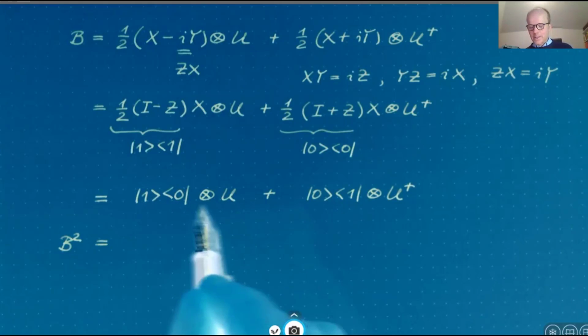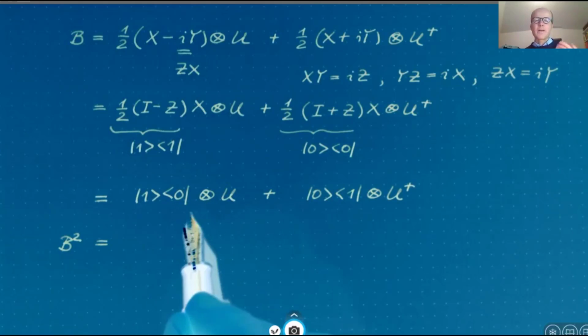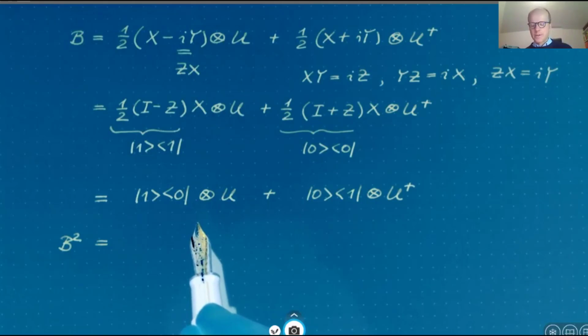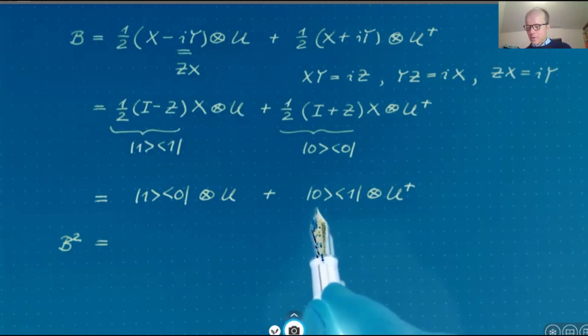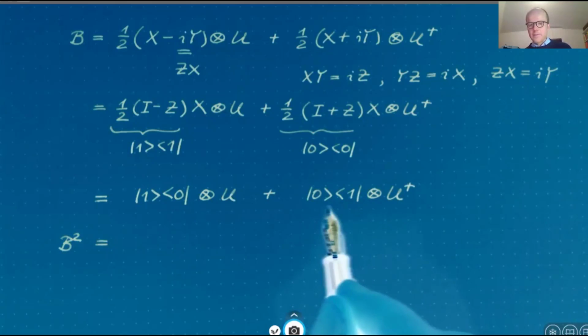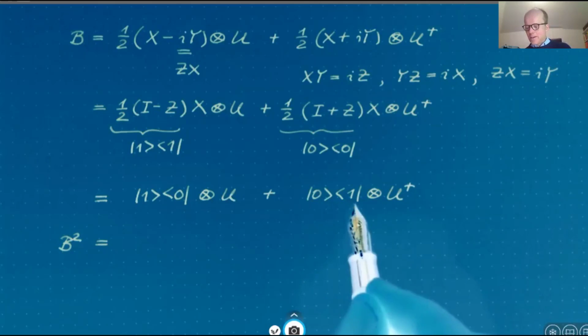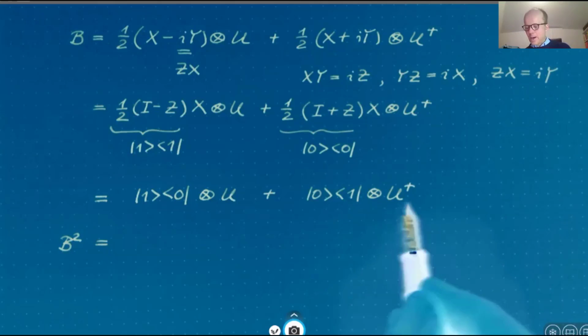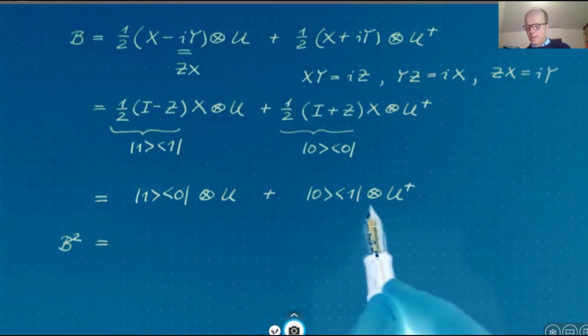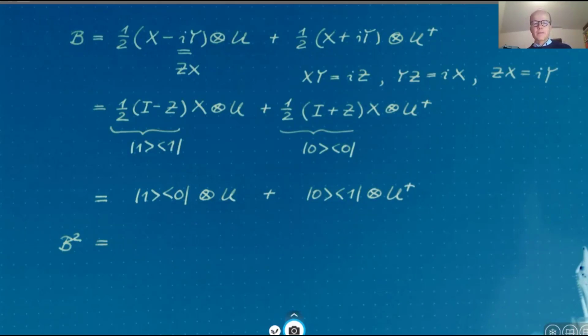In the middle there will be a scalar product between basis state 0 and basis state 1, but they are orthogonal and this vanishes. Likewise, the square of this term vanishes because for the first factor we will have the dyad 0, 1 times the dyad 0, 1, and in between there will be a scalar product 1 and 0. They are orthogonal and this vanishes. So we are only left with the mixed terms,